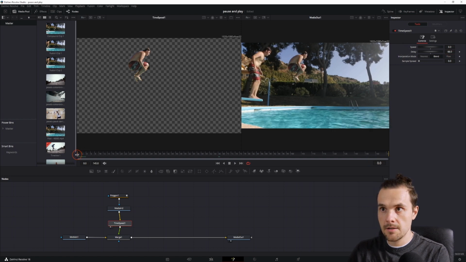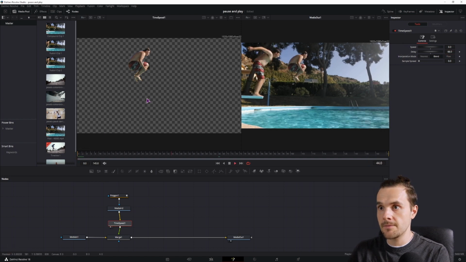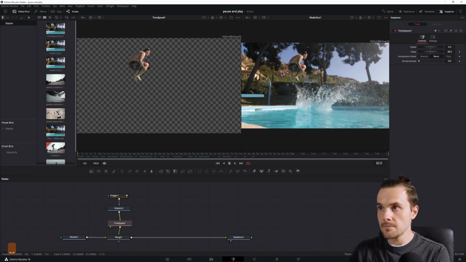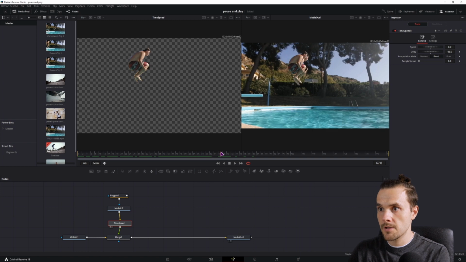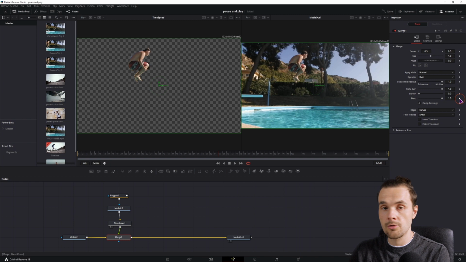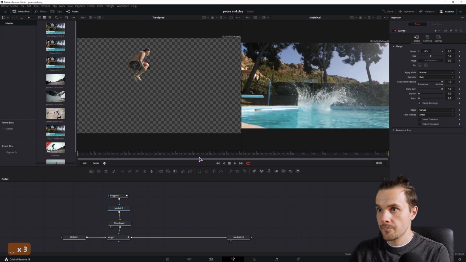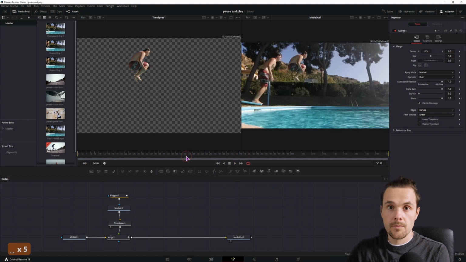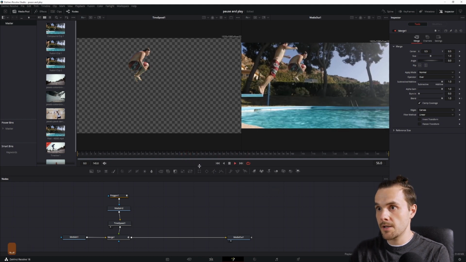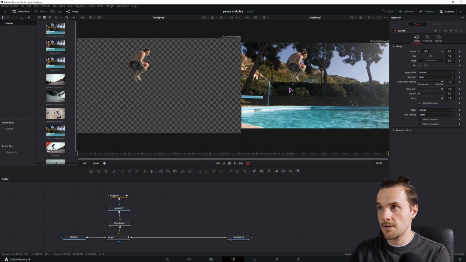So now basically we'll have this continuously, as you can see, and now we only need to fade this away. So at frame 66 we can go into the merge node, go to blend, keyframe this value, and frame 67 will simply lower the value to 0. Now it looks the same as the first step that we did, where the action scene is on the bottom,